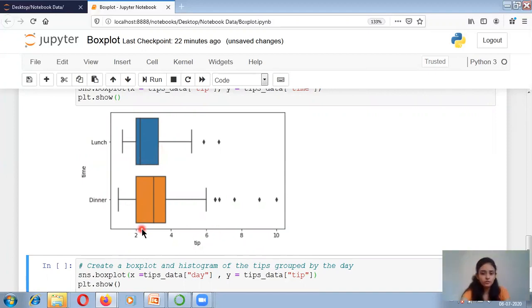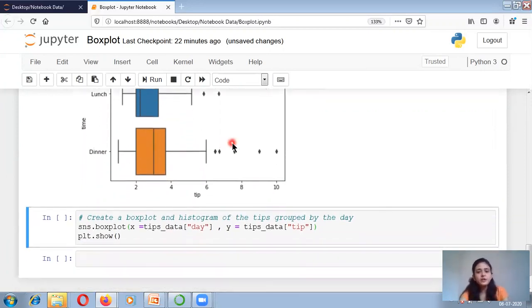So the waiter has observed that during dinner time they collect more tips compared to lunch time, because the median here is somewhere around 3, and here the median is somewhere around 2. Also at dinner time, the data is more dispersed. Someone is giving tips near $2 and someone near $4. Whereas during lunch time, the data is less dispersed. And this shows the different outliers.